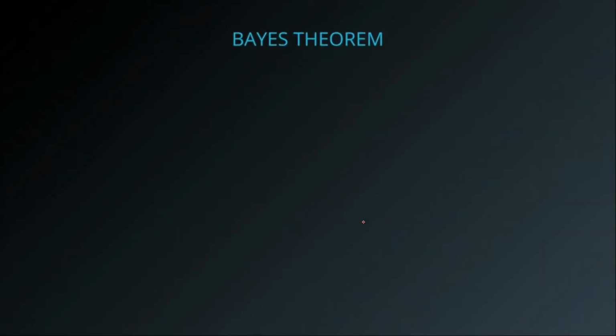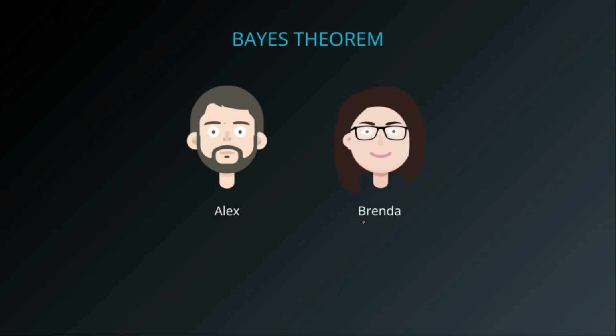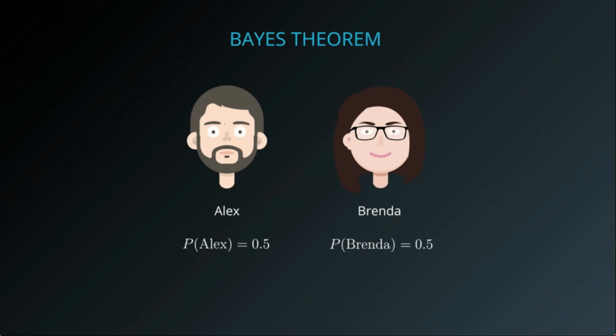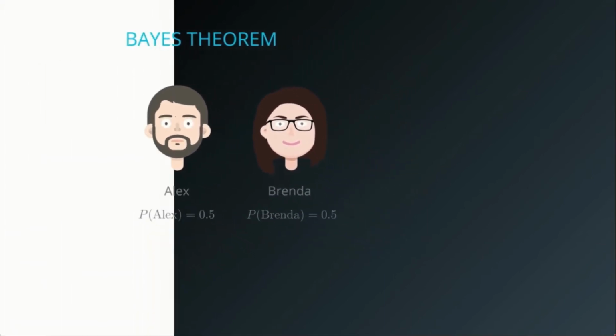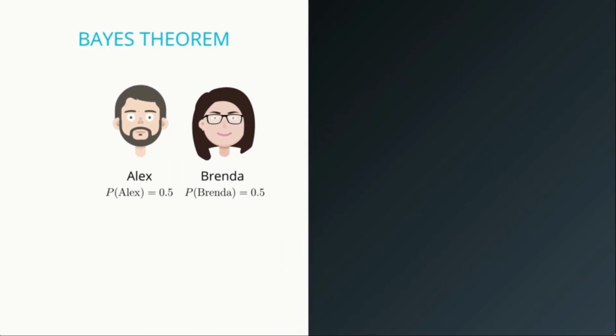Let's say we're in an office and there are two people, Alex and Brenda, and they are both there the same amount of time. One day we're in the office and we see someone passing by really fast. We can't tell who it is, but we'd like to take a guess. So far, with all we know, all we can infer is that since they're both in the office the same amount of time, the probability of the person being Alex is 50%, and the probability of the person being Brenda is also 50%. But now let's try to use more information so we can make a better guess of who the person is. When we saw the person running by, we noticed that they were wearing a red sweater. So we'll use that piece of information.